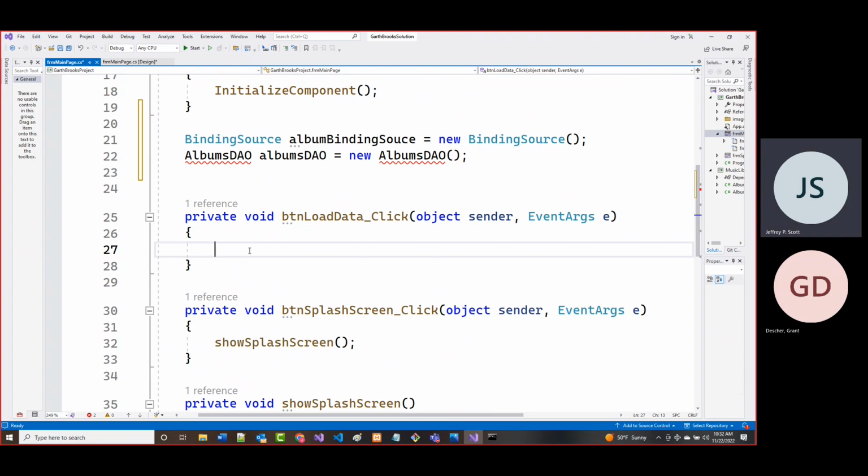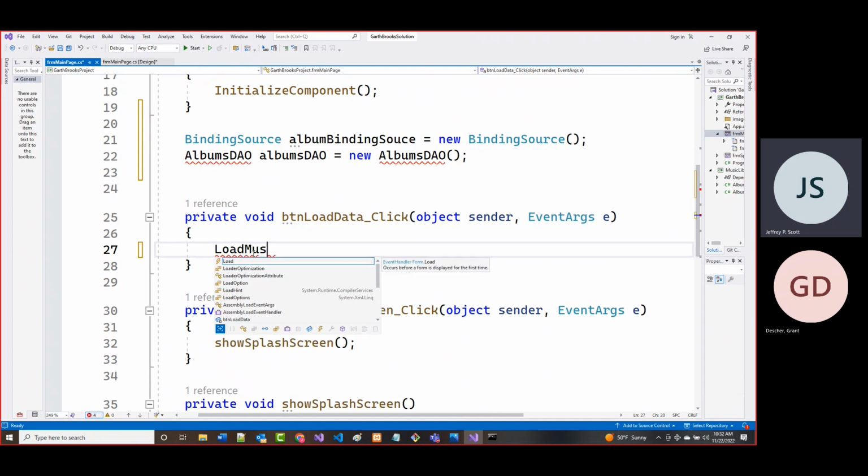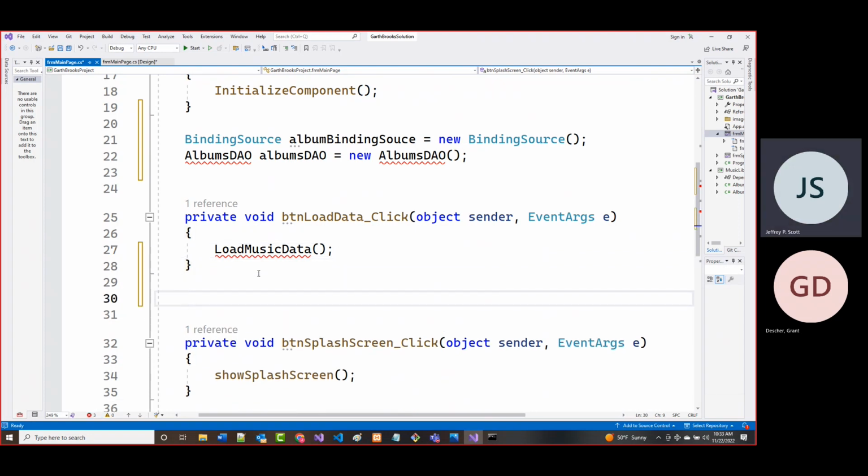All right. So inside of here then, I want to do a couple things. The first thing I want to do is call a routine I haven't written yet. I just called it load music data, and I want to show you something about this too. Now I'm going to type in private void load